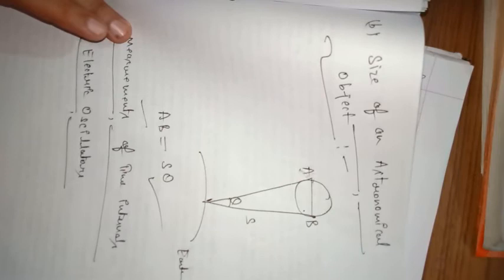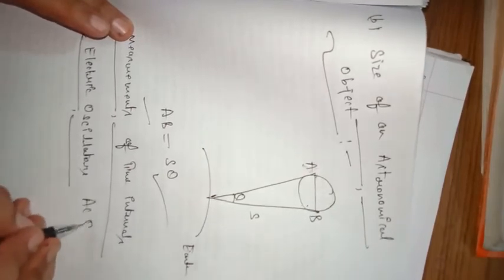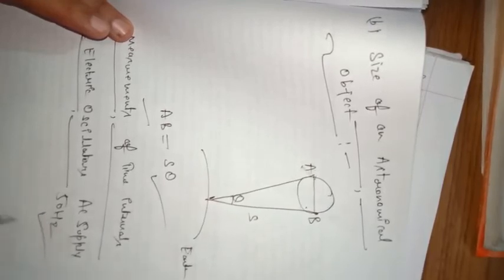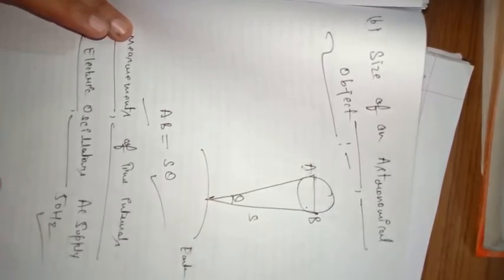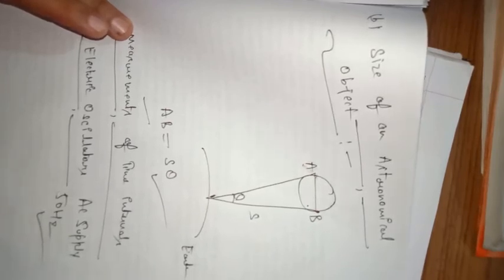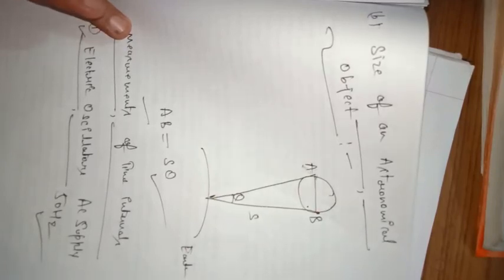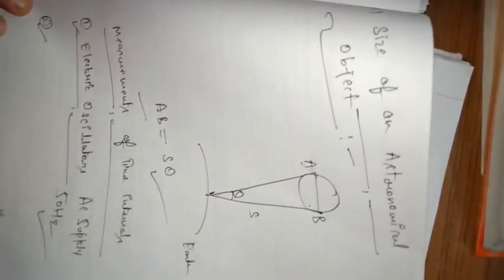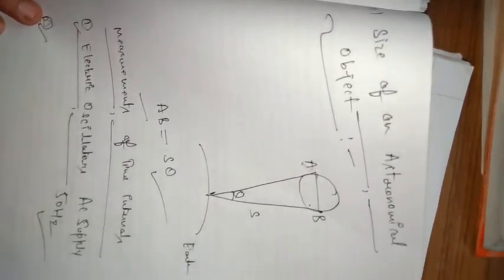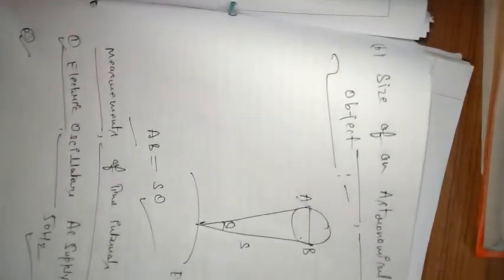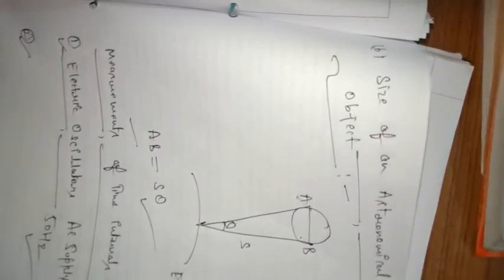AC supply in India is 50 Hertz, if you know the value. What is the meaning of this? In 1 second, the electric current will oscillate 50 times. There will be 50 waves passing in 1 second. So this can help to measure time. Another one is the electronic oscillator. This is used in PN junctions and vacuum tubes. All this you will study later on. So these are not topics which you must study right now.